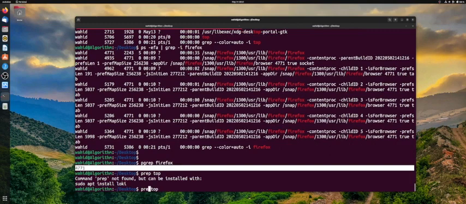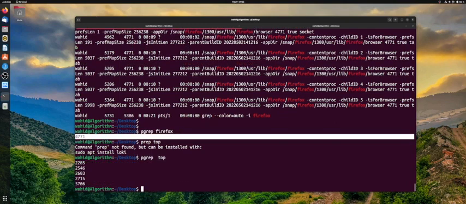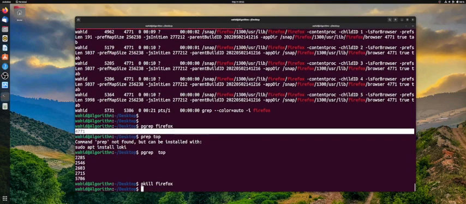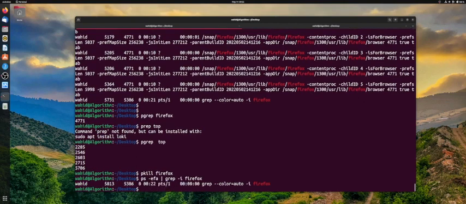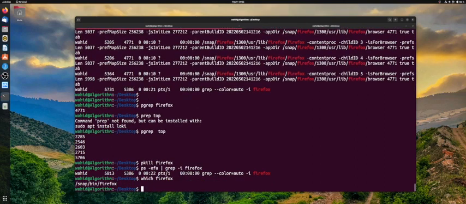pgrep is a Solaris command, process grep. And then there's also pkill, the process kill. So I could just say pkill firefox, and then that would close Firefox. As you see, there's no more Firefox process here. I could also say which firefox, and then as I was telling you, that is